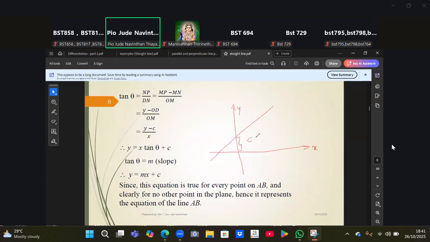Intercept point. If C is equal to 0, what is that? I already explained in the lectures. So we will bring this line to our origin. So your equation, the straight line will be like this. There is no C,